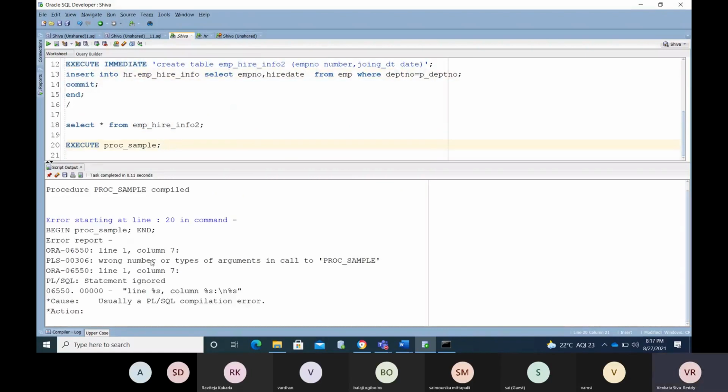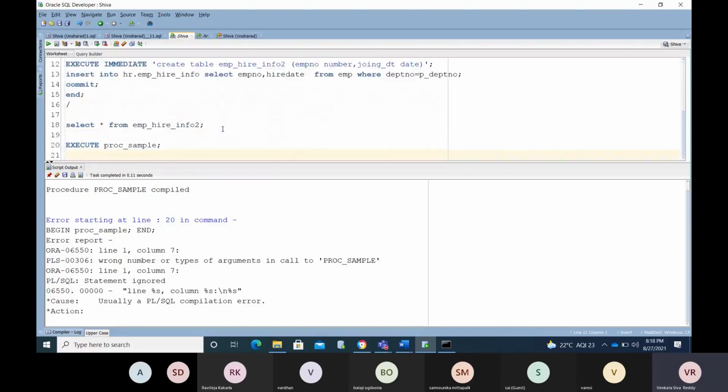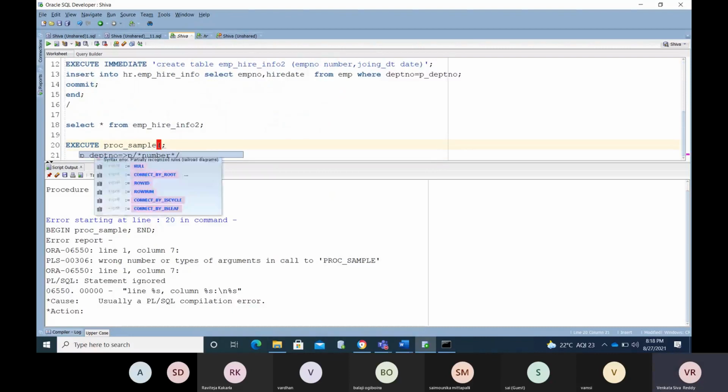See here, wrong number or types of arguments in the call to proc sample. You are running proc underscore sample, and the procedure has an input parameter, so the input parameter needs to be passed here.